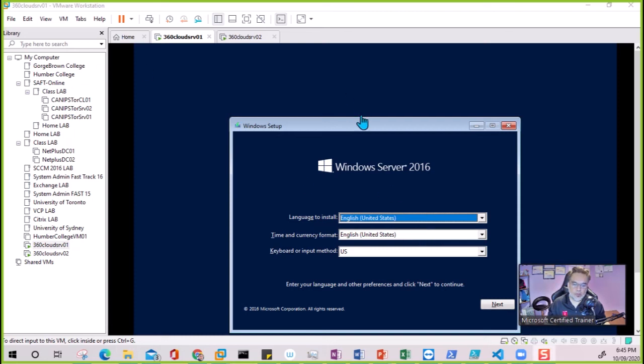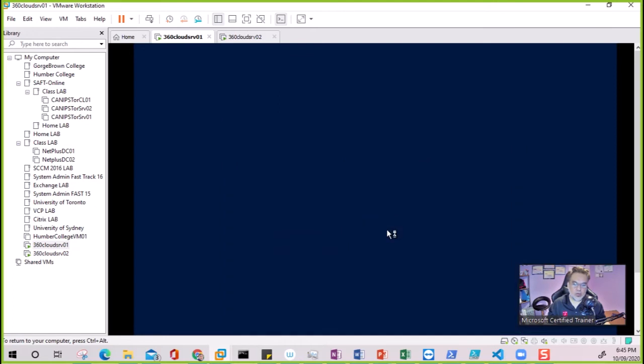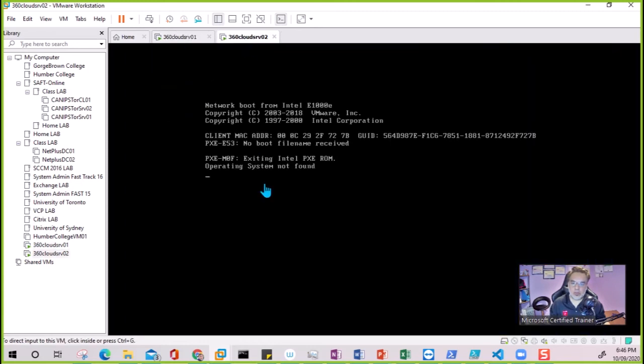So this is the first server, and this time I'm gonna install. And remember that it gave us that error message, and this time it's not giving us that error message. So this second server, we are going to do exactly the same thing. We provide settings, and then we can go to